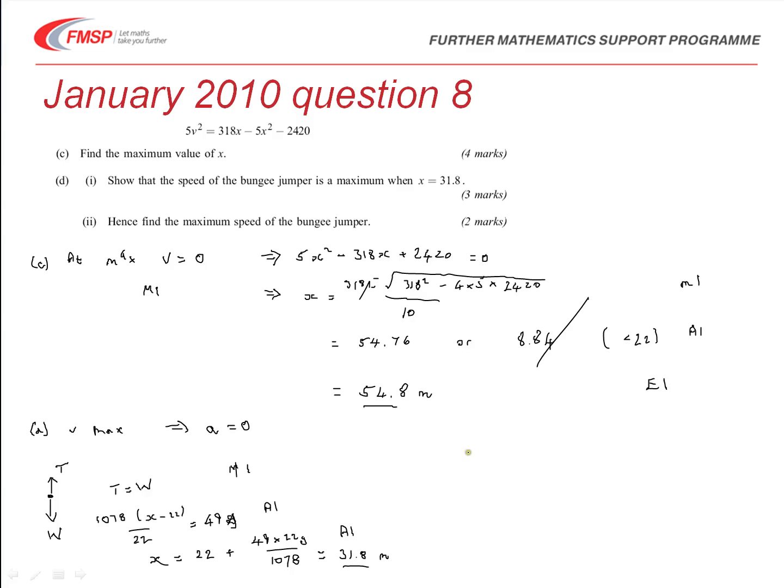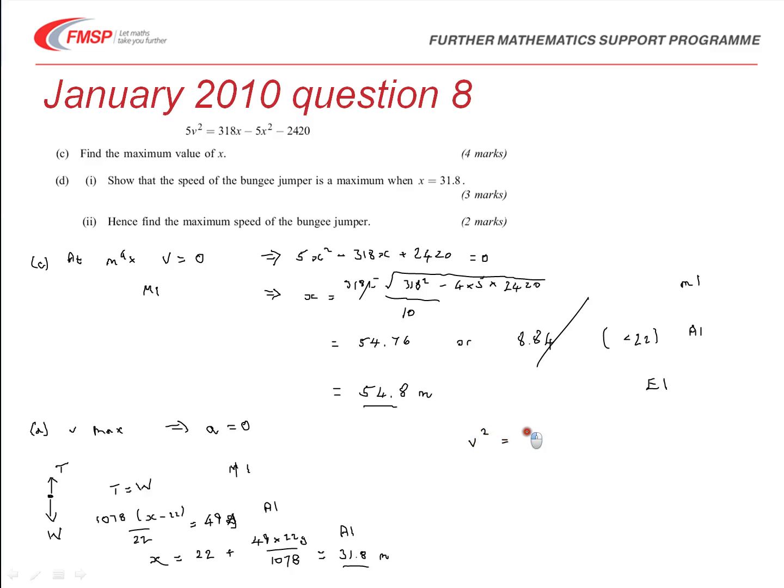Well, we know the value of x, so if we use the expression from part A, the 5v squared equals 318x minus 5x squared minus 2420, we can write down the fact that v squared must equal